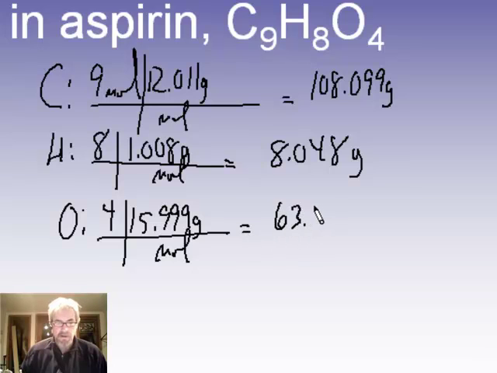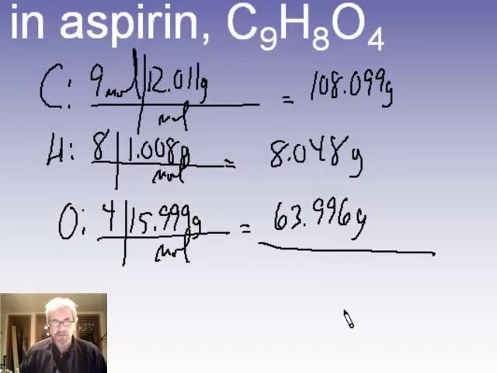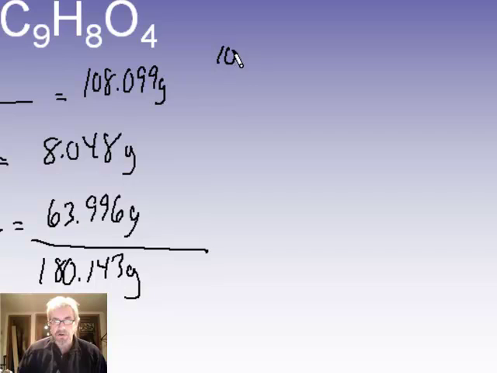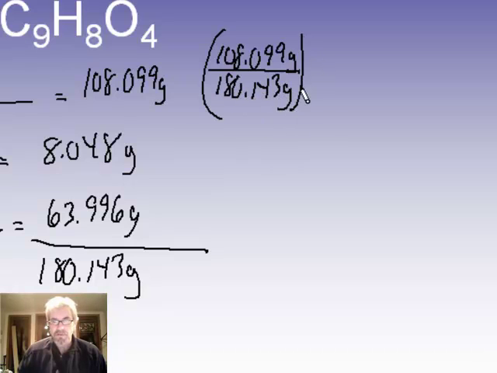63.996 grams. So if I want to find the mass of a mole of this compound, I add all 3 together. That comes out to 180.143 grams to the nearest thousandth. Now, to find percent composition, for carbon, it's 108.099 grams divided by that total of 180.143 grams. And then expressed as a percent by multiplying by 100, I end up with 60.007%